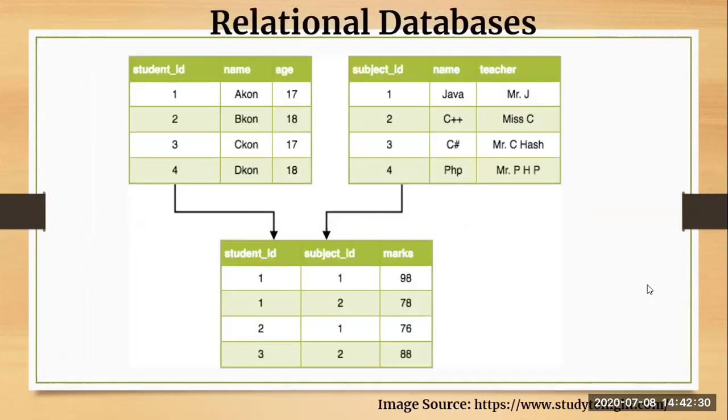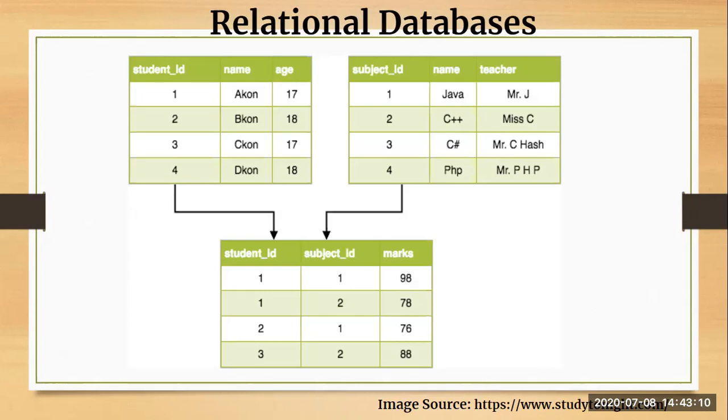Next, we are moving to relational databases. Relational databases was the concept proposed by E.F. Codd in 1970. He says that whenever we talk about a relational database, the data has to be in the form of rows and columns. Rows are also called records or tuples, and columns are also called fields or attribute values. When these tables are joined together and create relations, they are called relational databases.